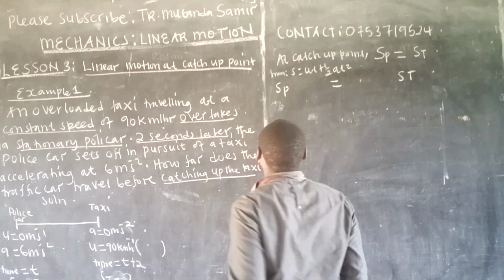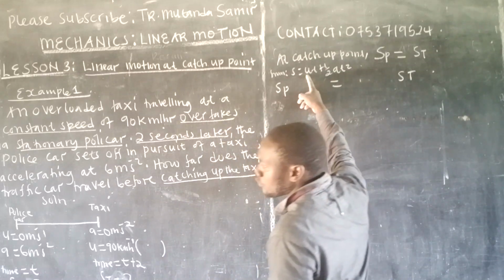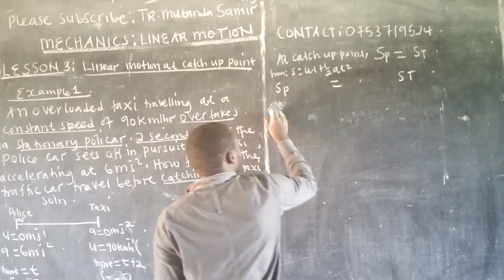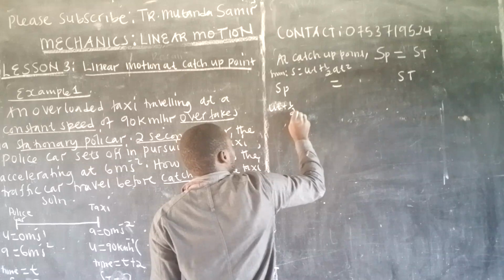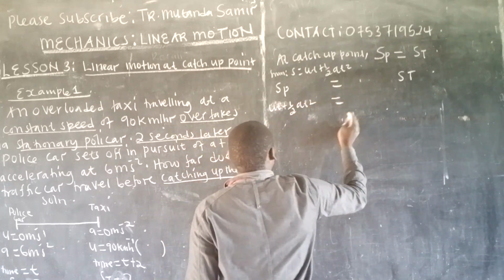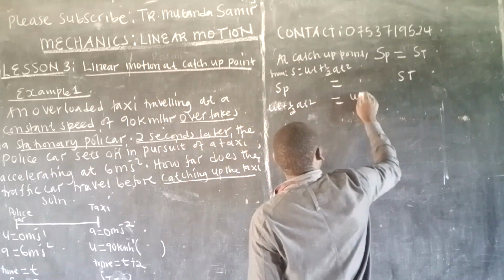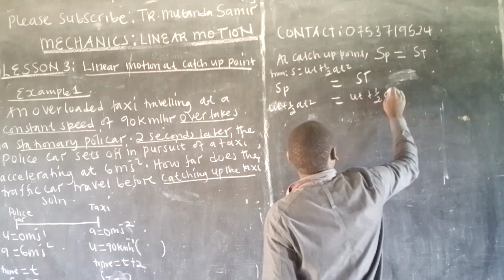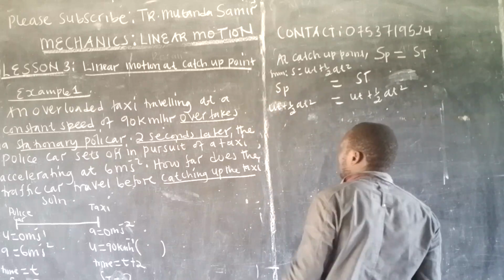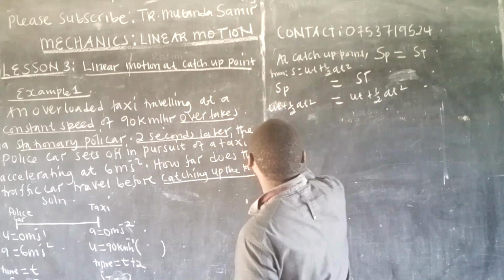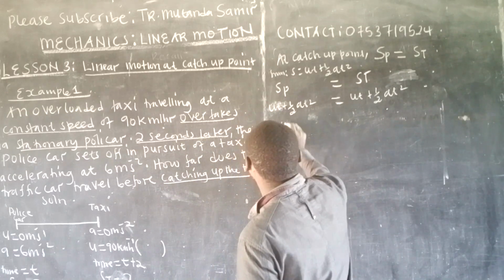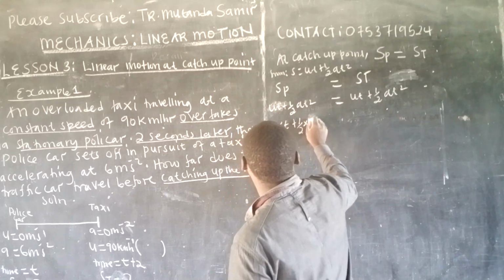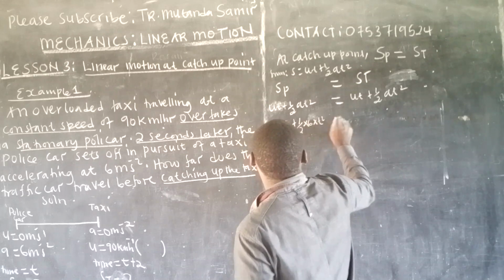Now we come and substitute. For the distance covered by the police car, we shall say S is equal to UT plus a half AT squared, and I'm putting it here for some people to see, UT plus a half AT squared. But these details must be for the police car. So for the police car, we have initial velocity 0 times time, which is T, plus a half times acceleration, which is 6, times time, which is T squared. This must be equal